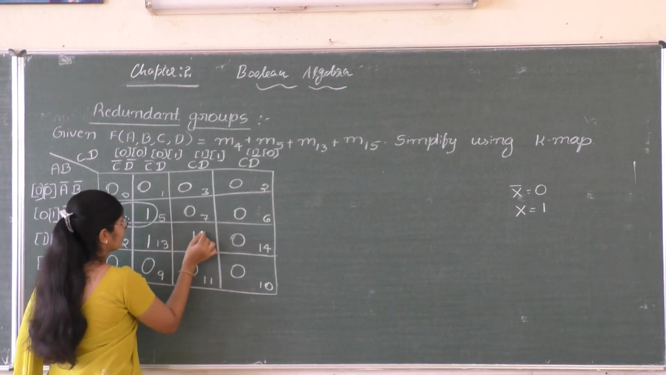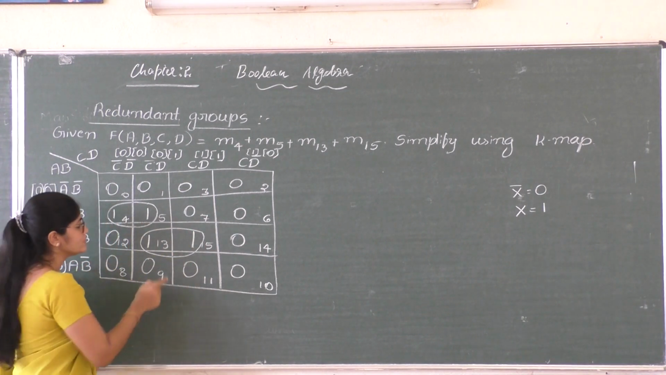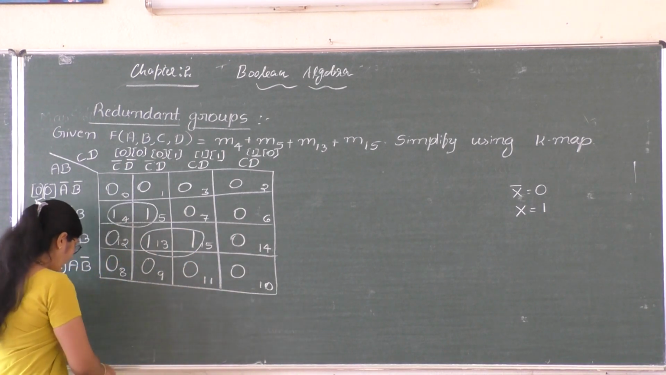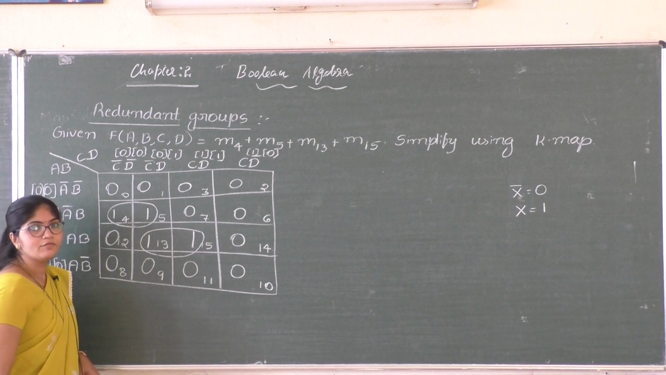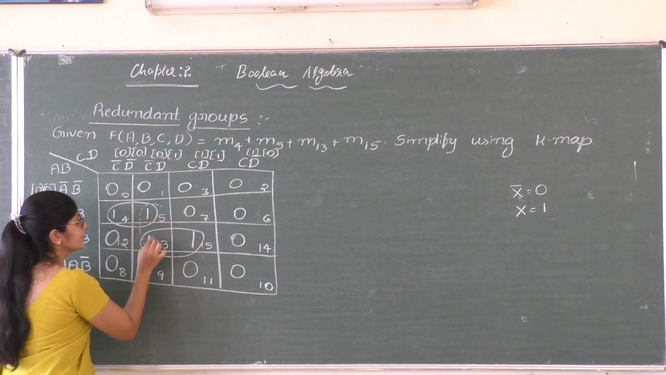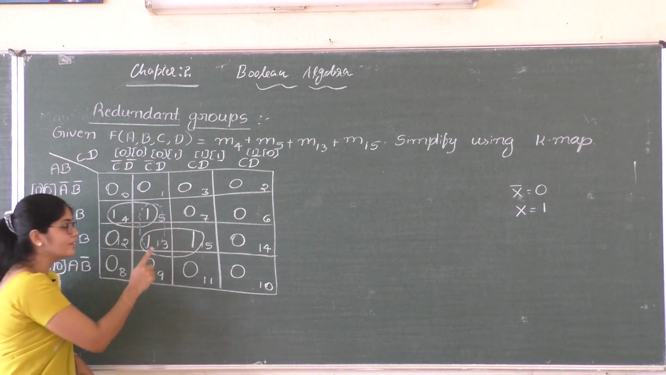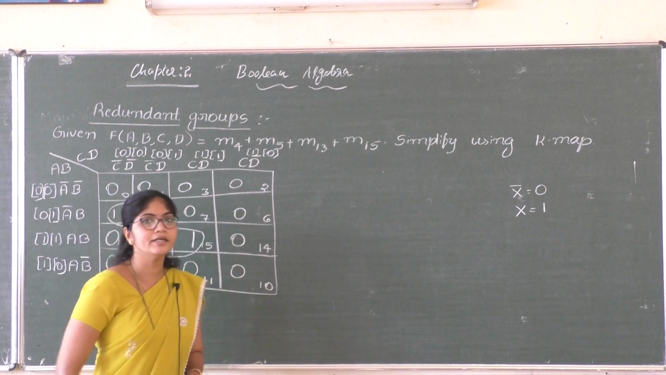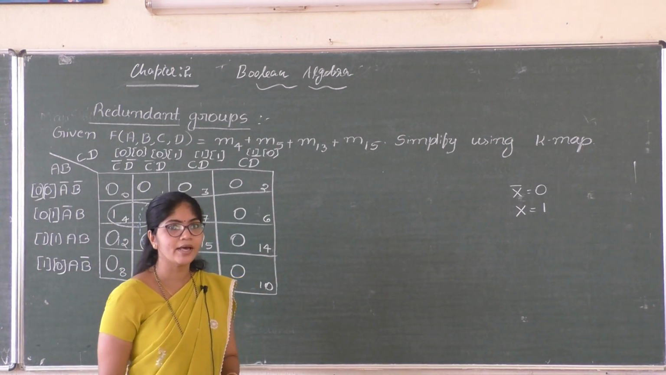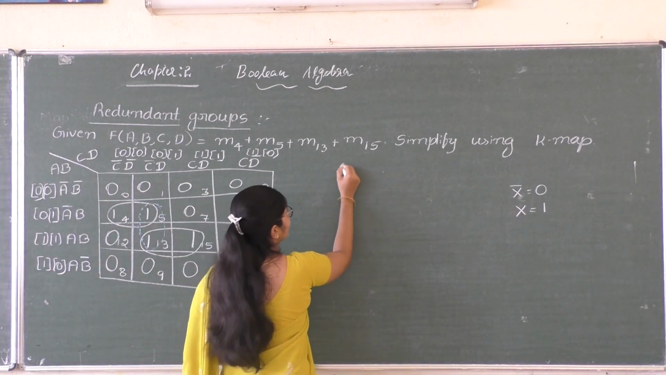Next, again we can form a pair using ones in the 13th square and 15th square. Now can we form a pair using ones in the 5th square and 13th square? Yes, it is possible, but that pair is called a redundant group or redundant pair. So what is a redundant pair? We shall see the definition. Redundant group